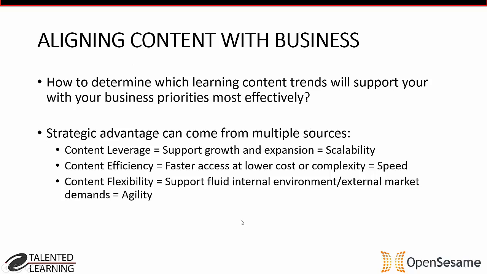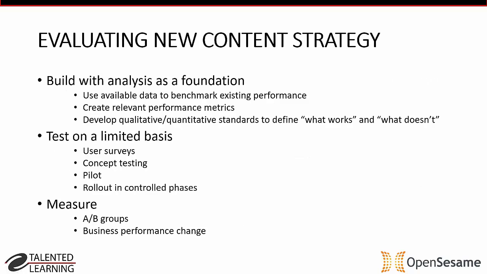What's that? Externally commissioned. So, as you evaluate your strategy and align your content, you can't do everything for all your audiences. You have to really pare it down and look at where you want to change behavior. The first part is starting with the analysis of the different types of learning audiences that you have and the metrics that you want to change, and then to source content and test it on a limited basis, and to continually measure and improve based on that. If it's successful, you expand it. If it's not, you don't. But you shouldn't try to tackle it or bite it all off at once, or otherwise you will most certainly fail.